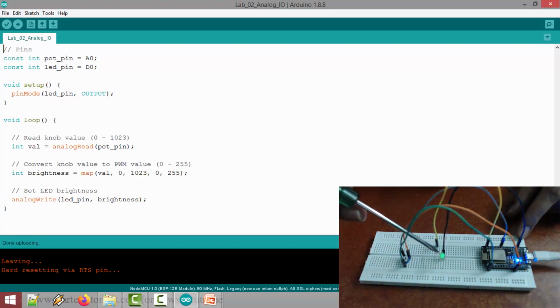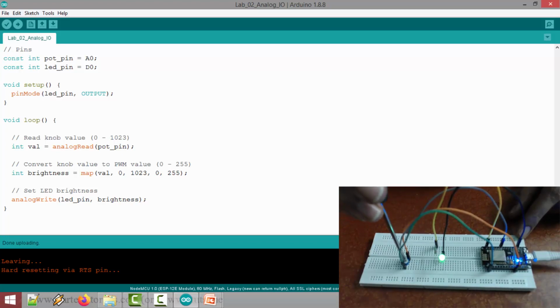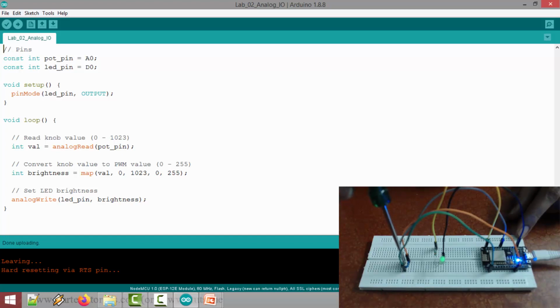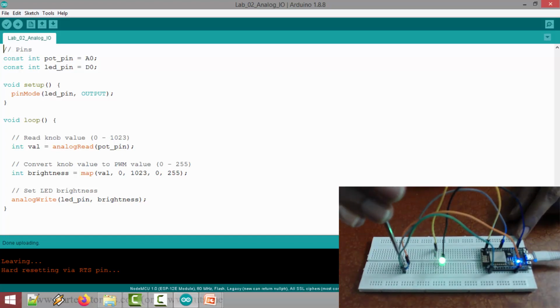Now you can see the LED is very dull, right? So when I change the resistance value, you can see the brightness of LED is increasing. Now if I again change the resistance value, you can see the brightness of LED is becoming less and very less. Okay, so it is not completely off because there is some resistance still there. The resistance is not very high, so that is why it is dull. If I decrease the resistance, the brightness will increase.